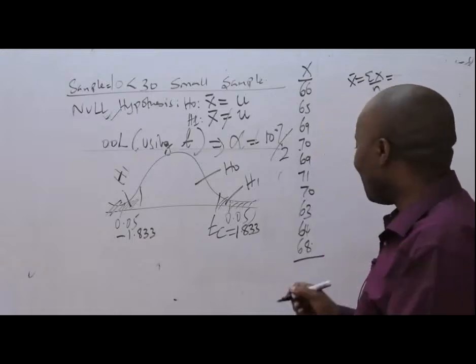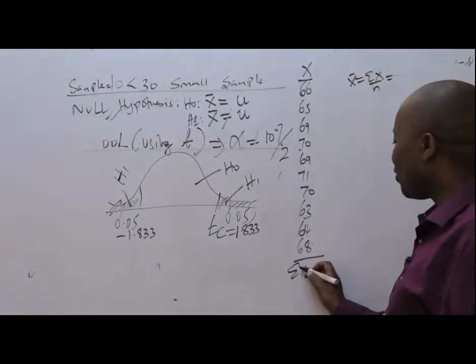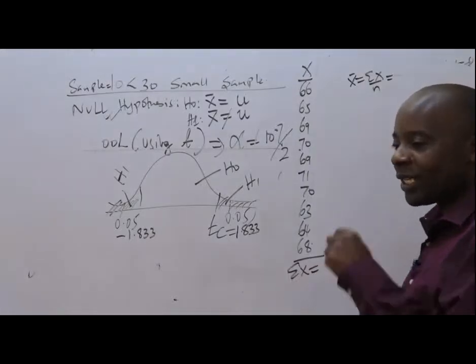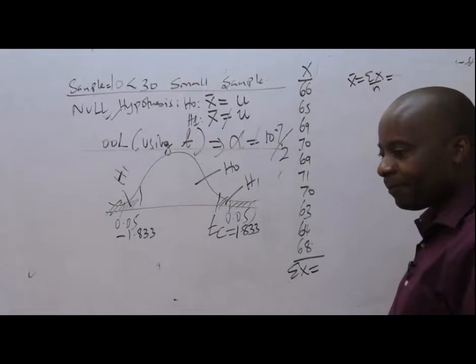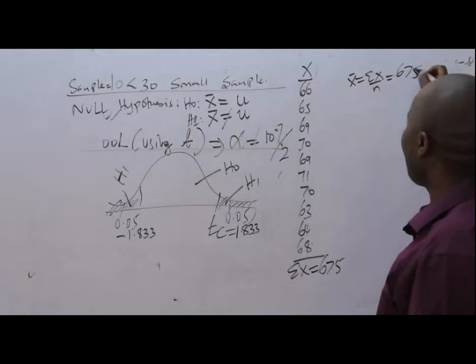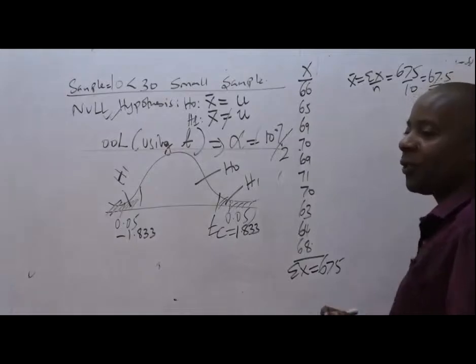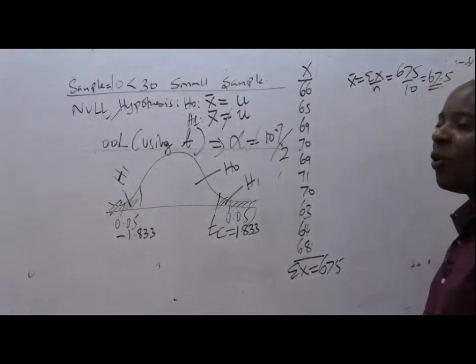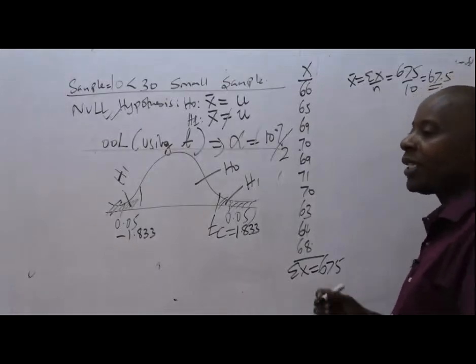So could you kindly give me the total here? Give me summation of X first. Somebody, summation of X? 675. Thank you very much. And therefore, X bar will be 675 divided by 10, which gives me 67.5. Thank you very much. The other thing that I would want you guys to give me very first is the